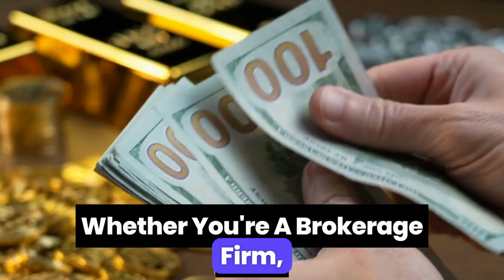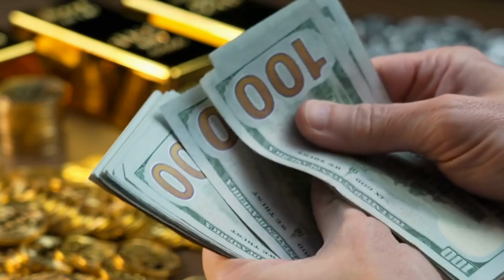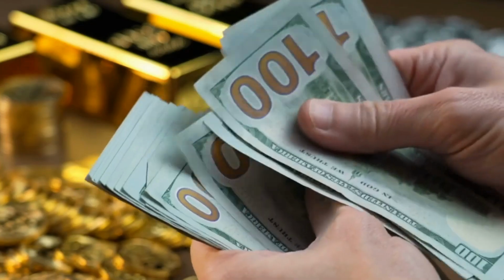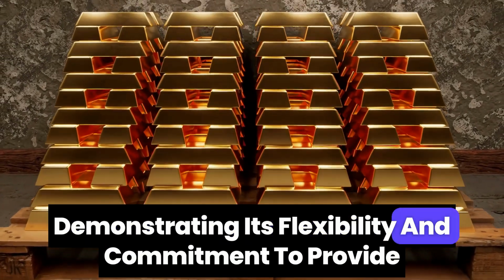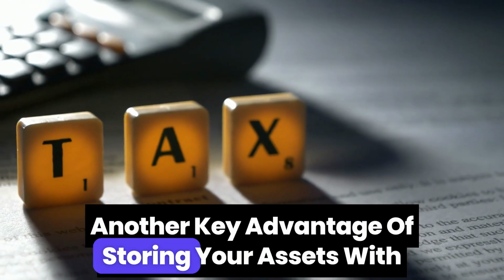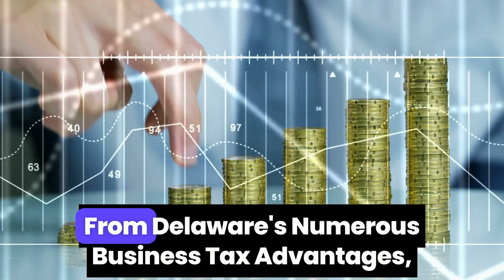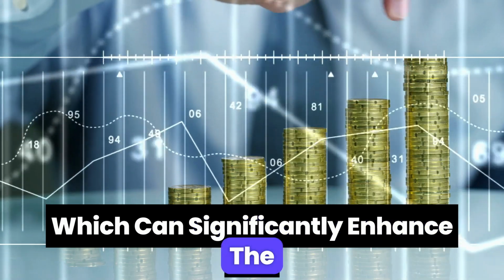Whether you're a brokerage firm, a manufacturer, a refiner, an IRA custodian, a coin dealer, a retailer, or a commodity trading house, you can benefit from Delaware Depository Services. It caters to clients of all sizes, demonstrating its flexibility and commitment to provide top-notch service to all. Another key advantage of storing your assets with Delaware Depository is the potential tax benefits. As a client, you can benefit from Delaware's numerous business tax advantages, which can significantly enhance the value of your